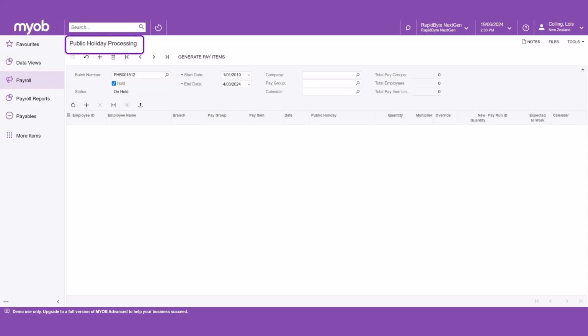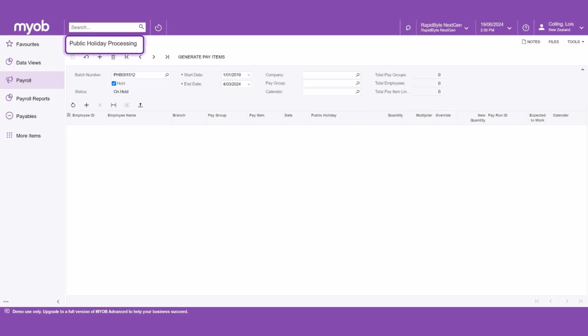Public holiday entitlement should have the leave and non-accruing entitlement options ticked. Pay items for each entitlement on the pay items form. Default public holiday pay items must be specified for each pay group using the default public holiday columns on the pay groups form. A numbering sequence must be selected for the public holiday batch numbering sequence field on the payroll preferences form. Once the pay items are generated, you can override the quantity value.